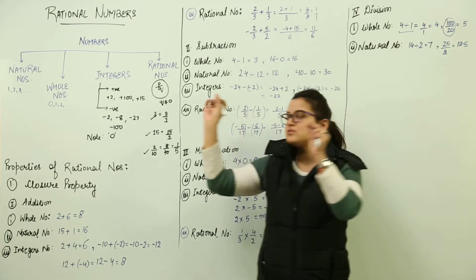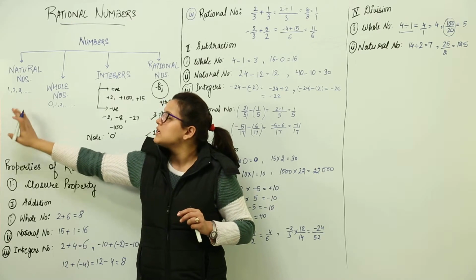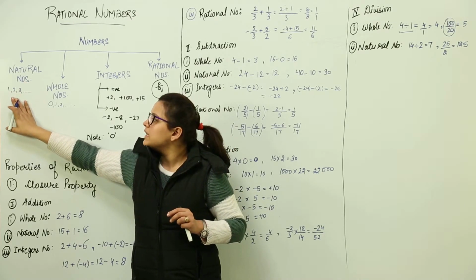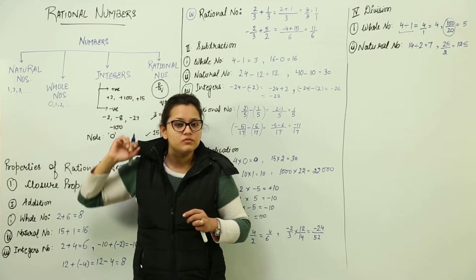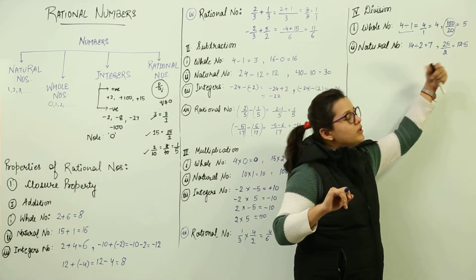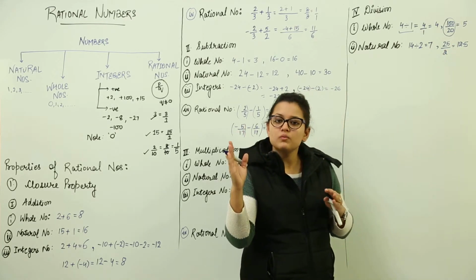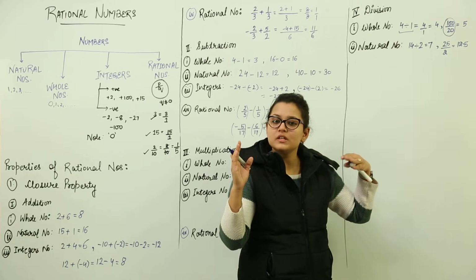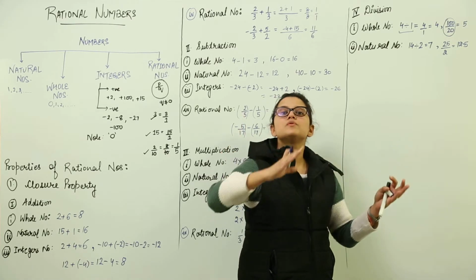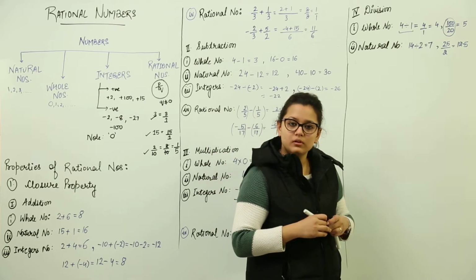So, I am going back to the original topic where I discussed what natural numbers are. I discussed that natural numbers are any numbers that start from 1 and go up to infinity. So, here the natural numbers are starting from 1 and going up to infinity. 12.5 comes where? It is more than 1 and less than infinity. So, any number that comes between 1 and infinity becomes a natural number, right?